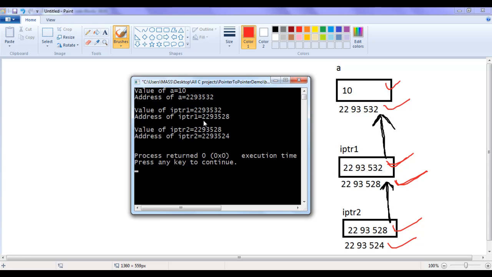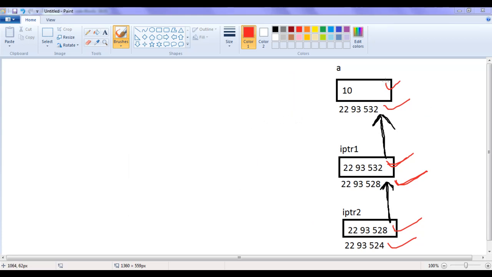Address of iptr1 is 2293528. Value of iptr2 is 2293528. Address of iptr2 is 2293524. So we have successfully displayed value of a, address of a, value of iptr1, address of iptr1, value of iptr2 and address of iptr2.